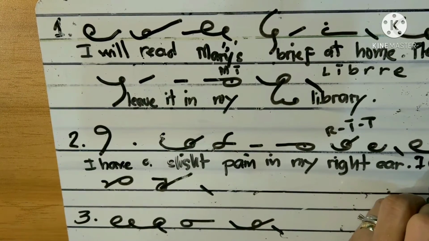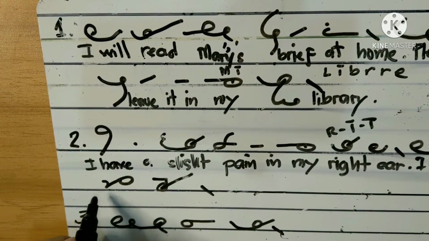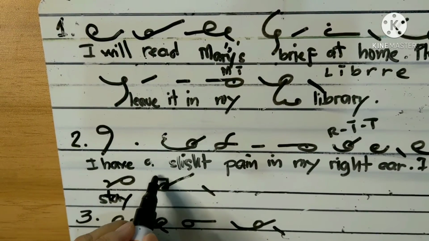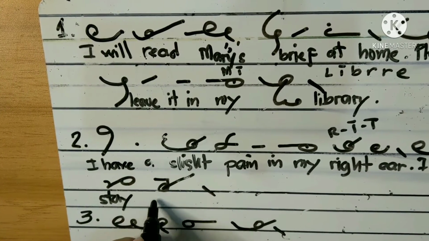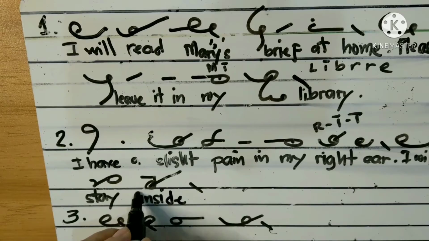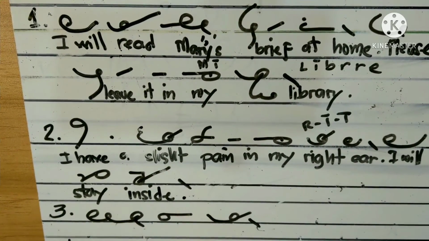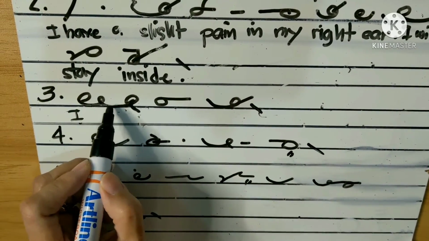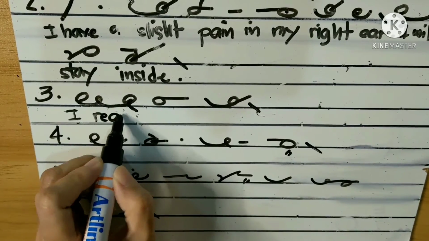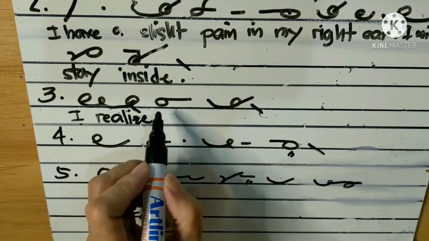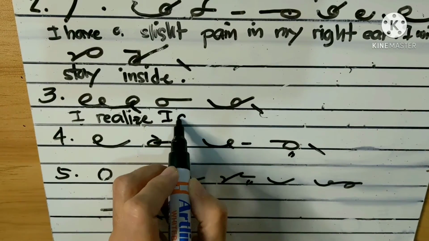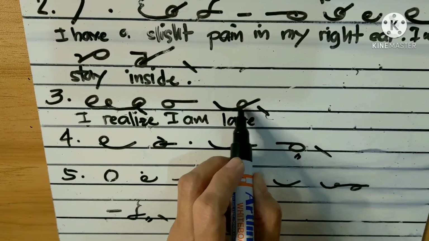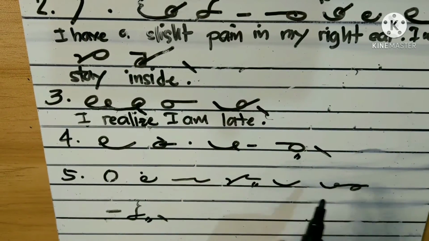I will, STA, stay, NS long I, D, inside. Okay, period. Number 3, I, REL long IS, realize, I am late, LAT, that is late, period. Number 4,